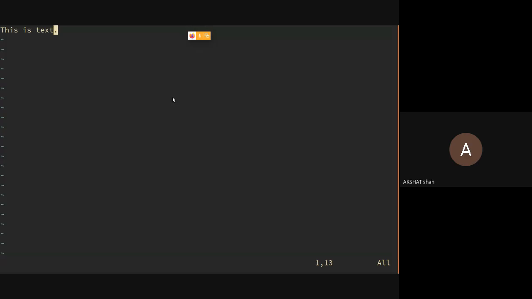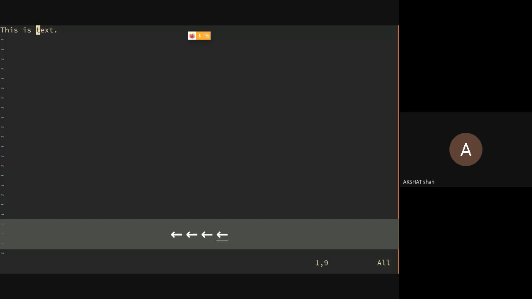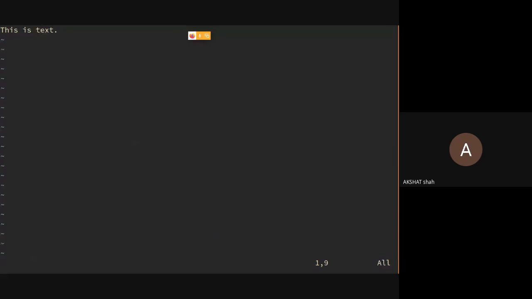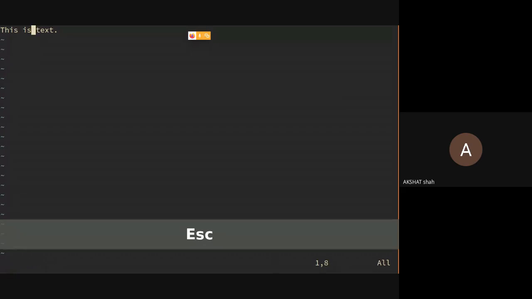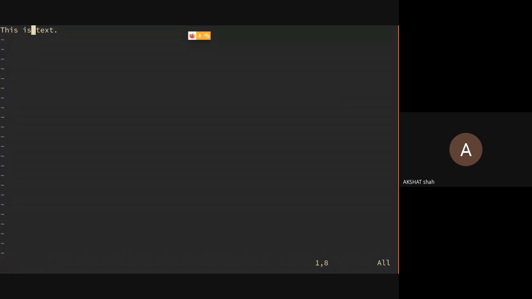So yeah, there are too many shortcuts, too many keystrokes in Vim, and you don't have to remember them all. Just remember the important ones, like I just showed you: I to go into insert mode, escape to go into normal mode. One important thing that most people ask is how to exit Vim. That's a running joke. So to exit Vim,